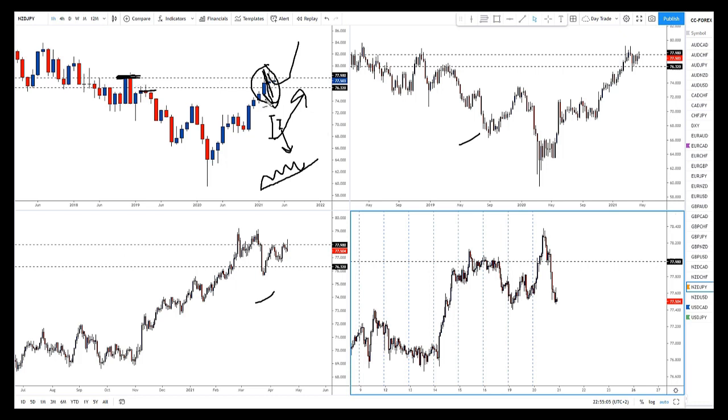So it makes sense to me if the monthly chart wants to pull back, or at least retrace a bit. So I don't care about anything that is after. The only level that I care about is this one in here and this one in here. We have another level in here that is on my radar. So everything in here, I don't care. So with that said,